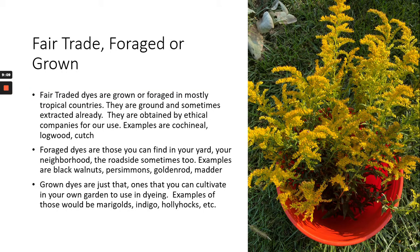So where do the dyes come from? They're either fair trade, they're foraged, or they're grown. Fair traded dyes are grown and foraged mostly in tropical countries. But so many of us don't live in tropical countries. Like I said, they're ground. Sometimes they are extracted with water and then dried, so you just have the dye stuff and not the plant part of the dye. And then they are sold to ethical companies that sell them to us